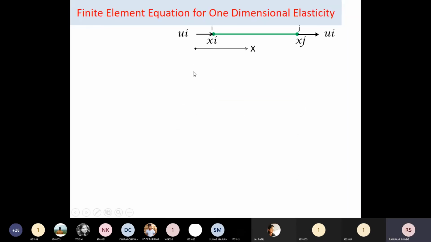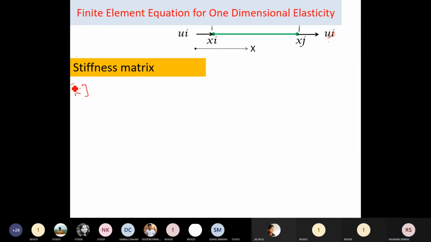Element, one dimensional element. Here it is ui, uj, and this one is also uj. You can see here. Okay. Now we have to calculate first the stiffness matrix. Now according to your general finite element equation, your stiffness matrix for the element,